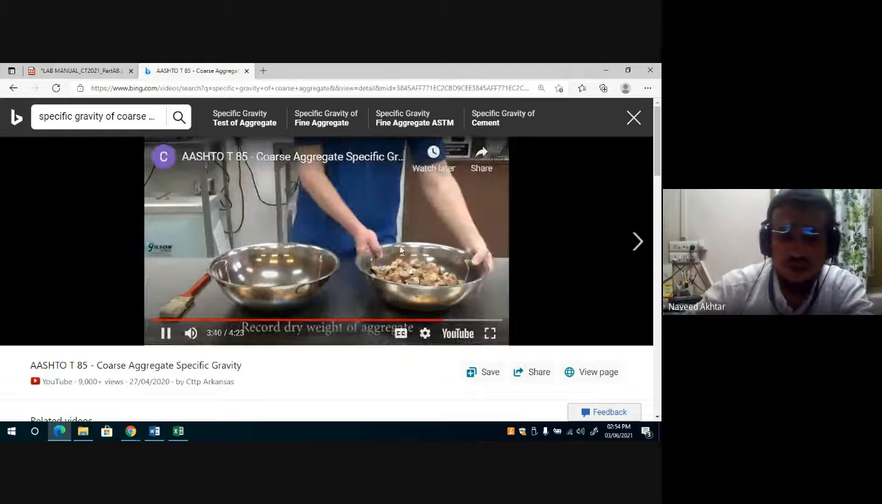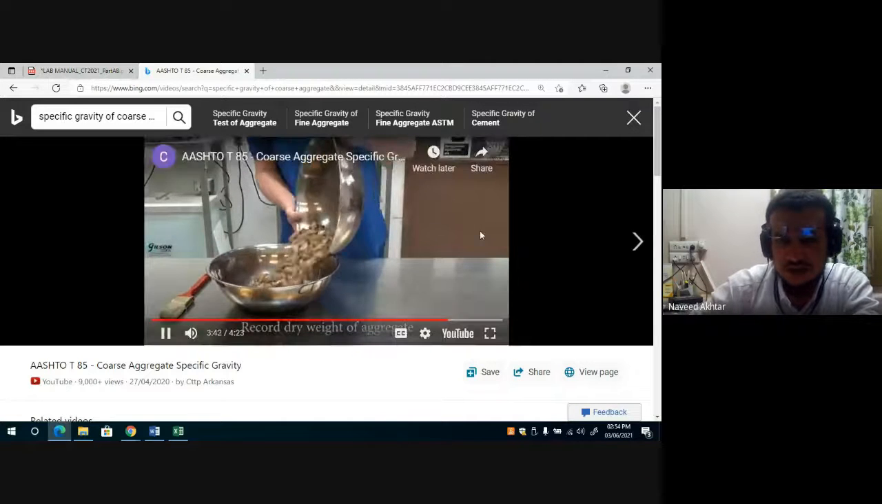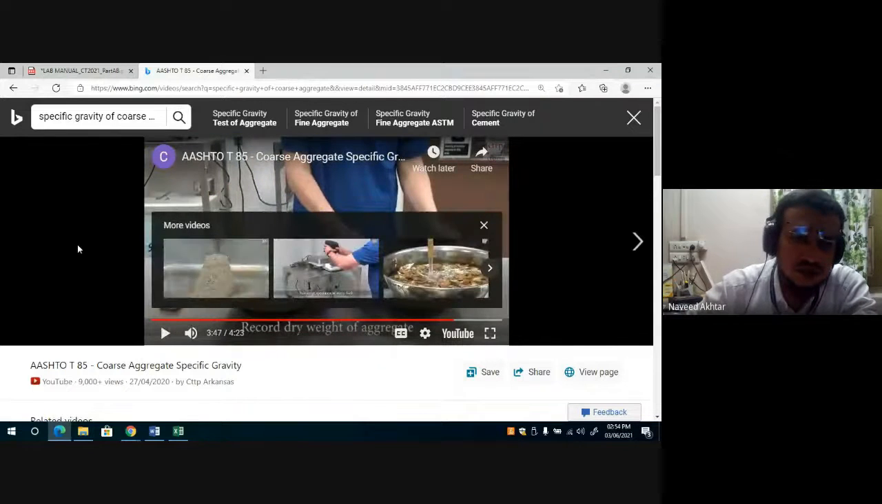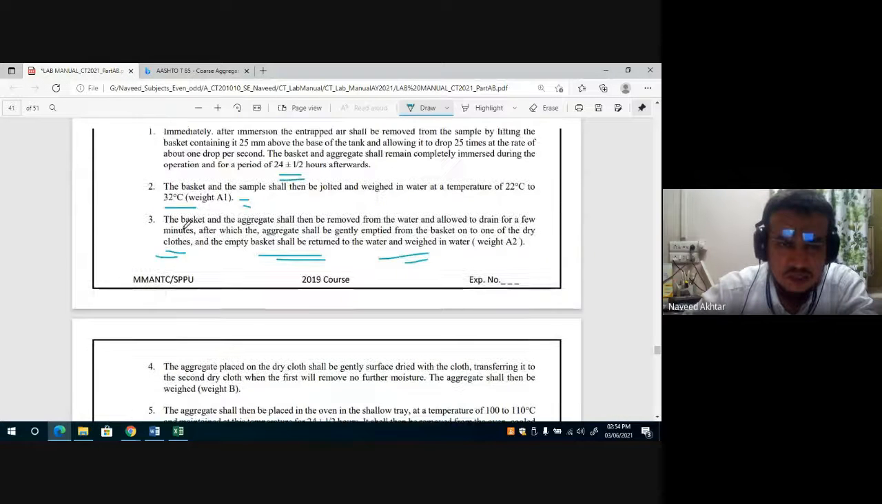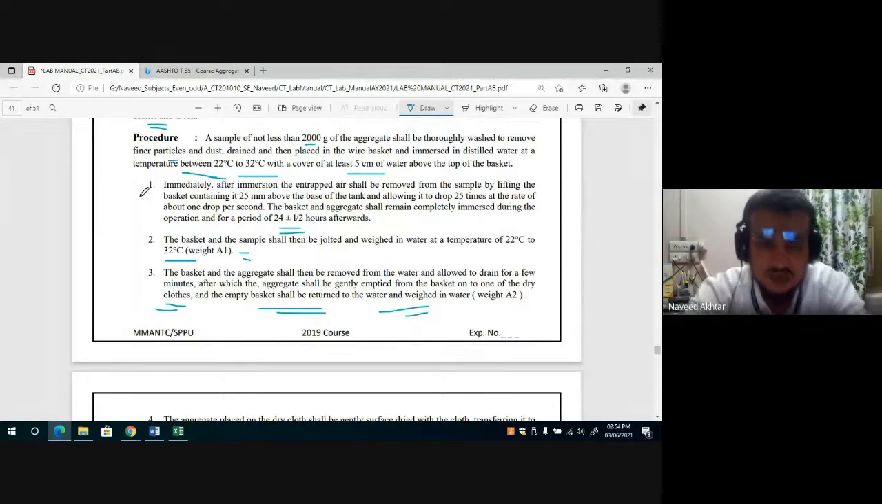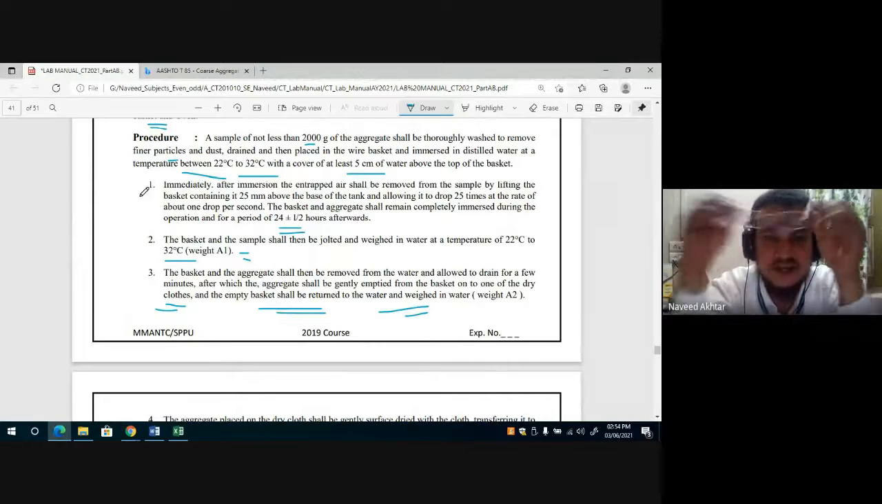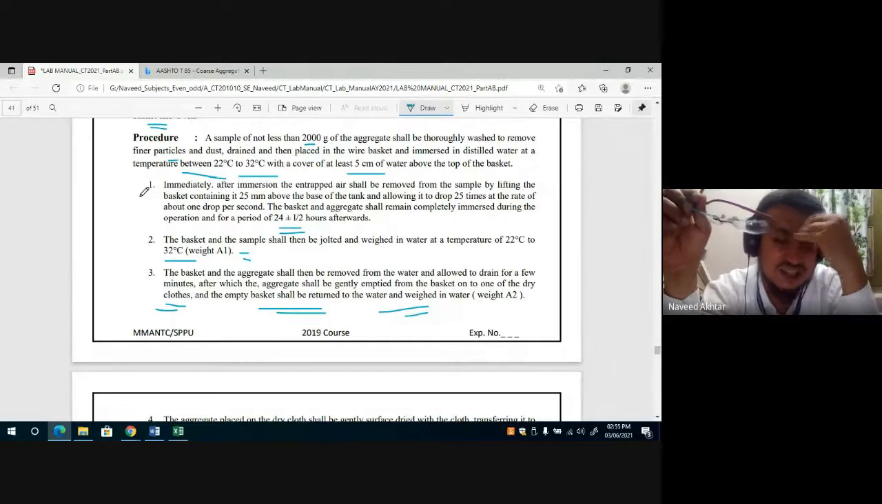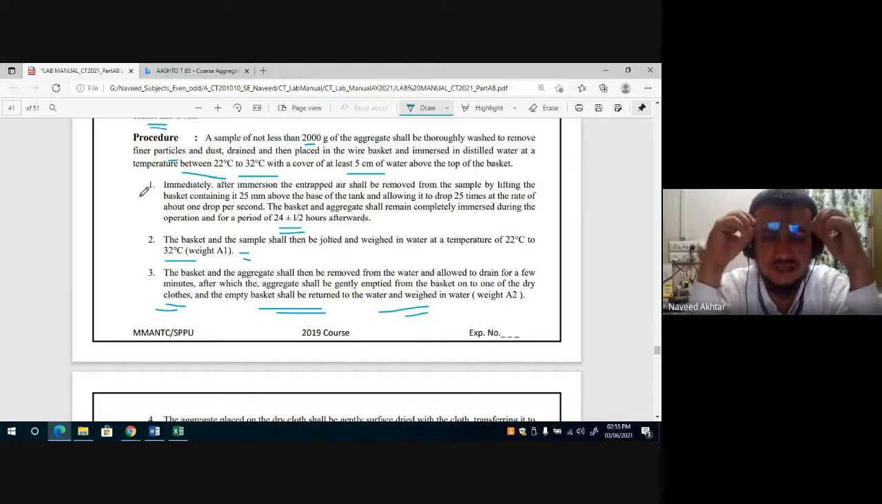So this is the procedure to find out the specific gravity and water absorption of the coarse aggregate. We will come to our manual now, how we can do the procedure in our case. We will take a sample not less than 200 gram of aggregate that is thoroughly washed to remove fine particles and dust, drain, and then place in a wire basket immersed in distilled water at a temperature of 32 degrees Celsius with a cover of at least 5 centimeters from the top of the basket, totally